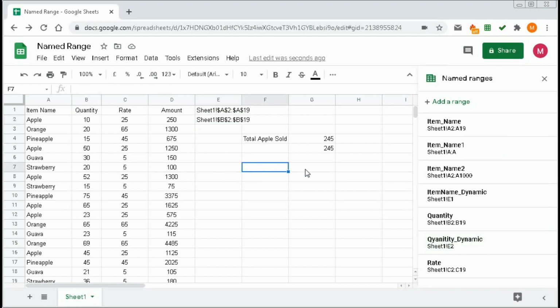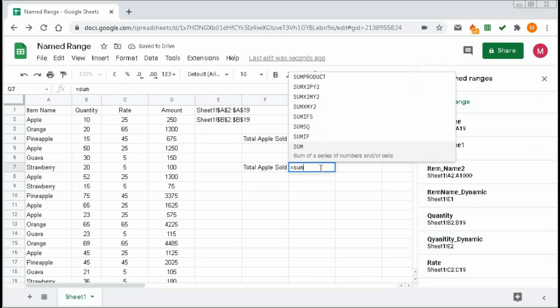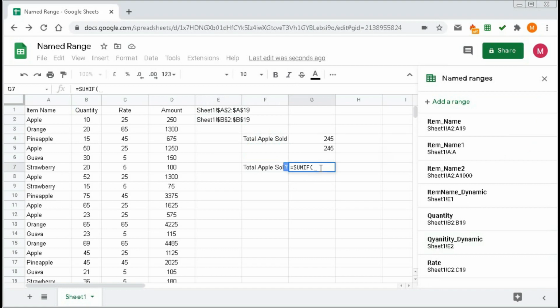Here again we'll use the same formula, equal to SUMIF. First is our criteria range, so our criteria range will be item name dynamic. If we put here the item name dynamic, this will give us the value Sheet1 $A$2 colon $A$19.